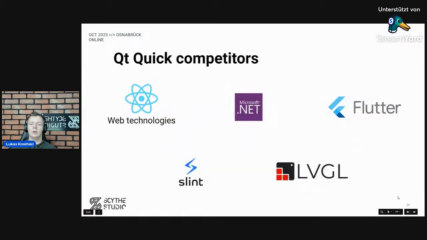And speaking about the competitors that Qt Quick has nowadays, it's not like Qt is super popular. It's not. I wish it was more popular, but it's not. It's because of several reasons, but maybe we don't have time for that. I will just tell you what other technologies I have seen used for similar cases as Qt.